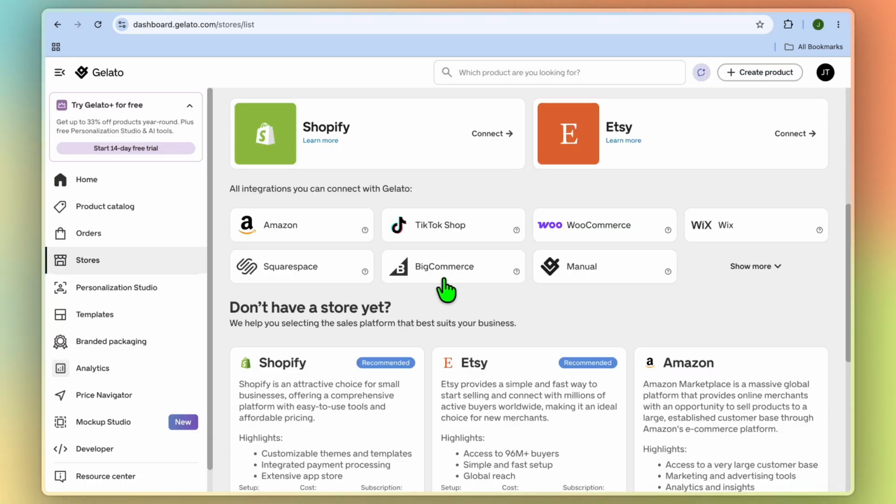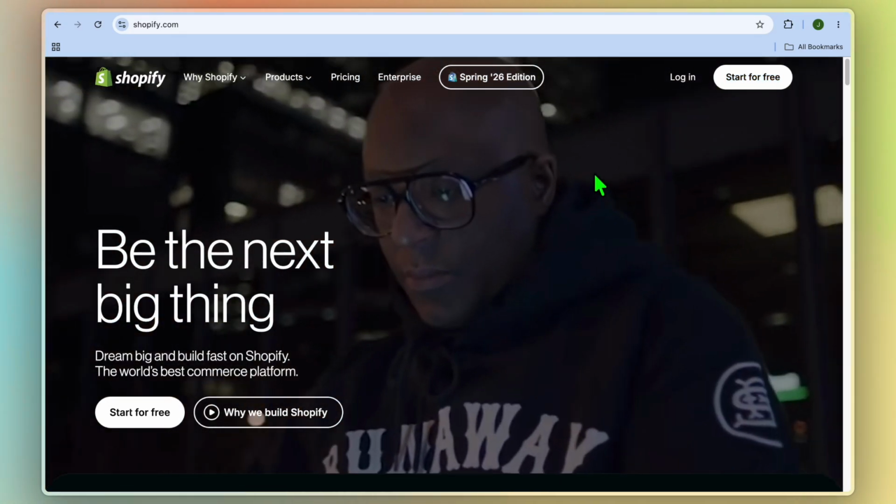Another option that you can also explore is Squarespace or Wix. These make sense if you already have a photography portfolio on one of those platforms and want to add e-commerce to the same website. For this demonstration, I will be creating a Shopify store, which you can do for completely